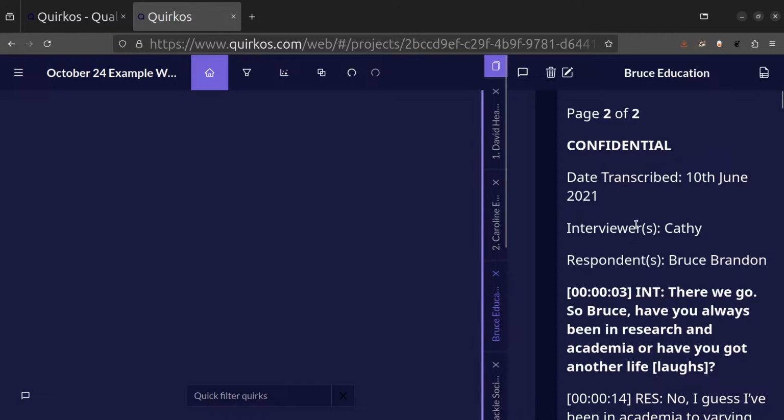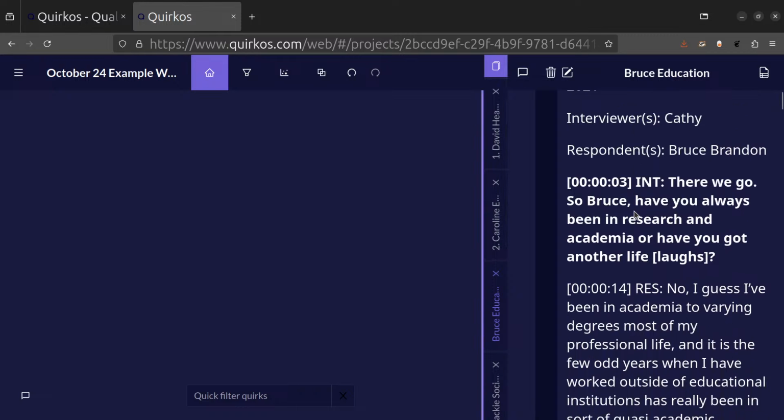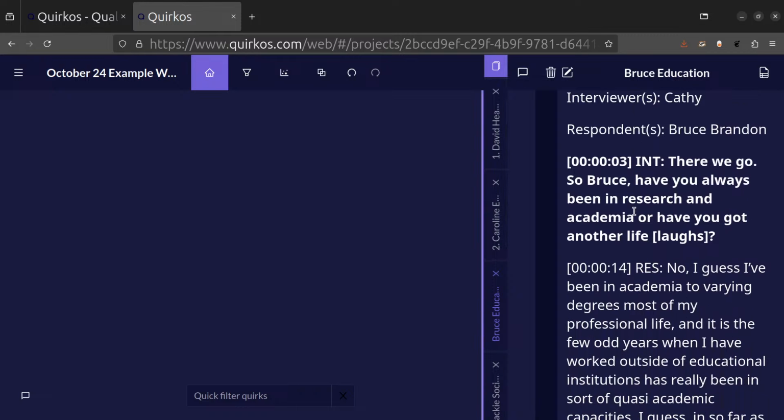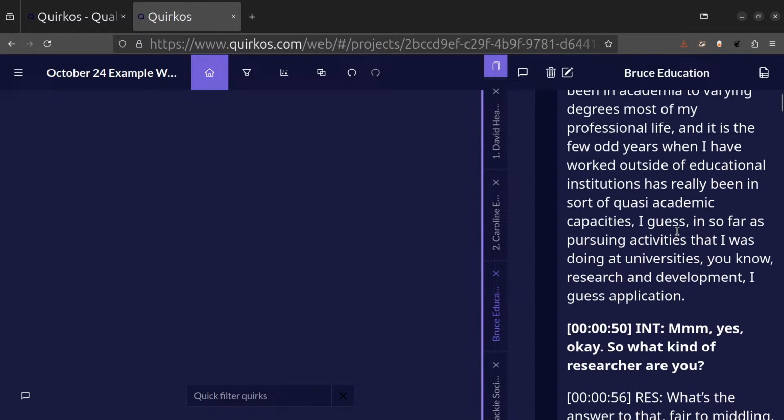We're going to look at Bruce, won't we? And let's see how we would actually create some codes and do some coding. So let's look a little bit at the first question. Okay, so there we go. Bruce, have you always been in research and academia, or have you got another life? Laughs. Okay, so that's the interviewer's question. This transcript says int and then res for respondent. So Bruce says,